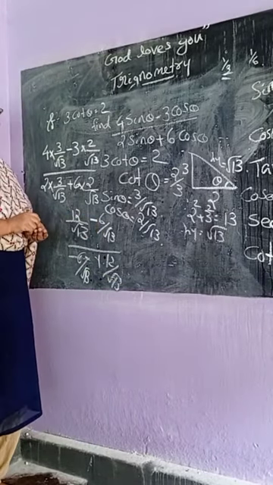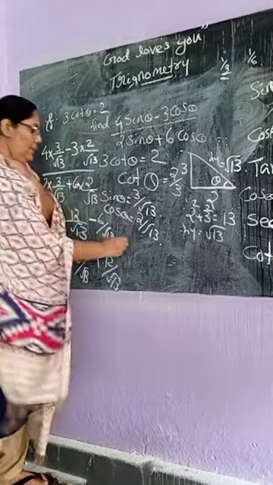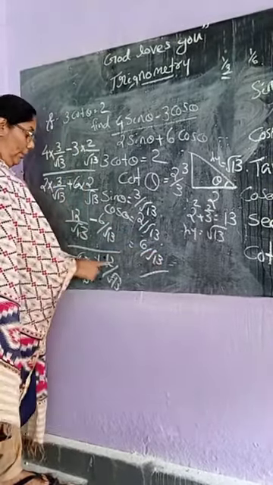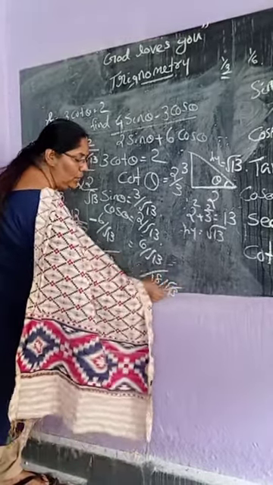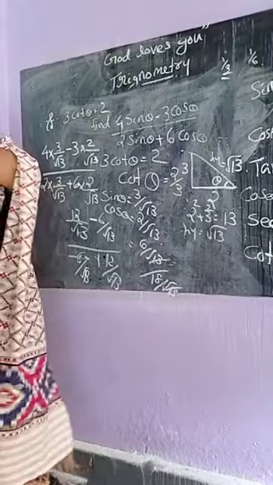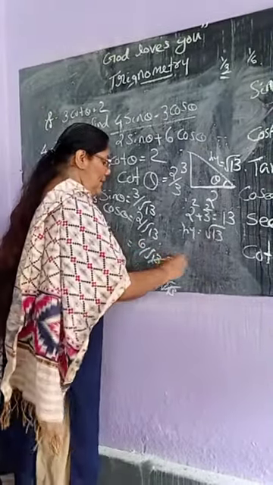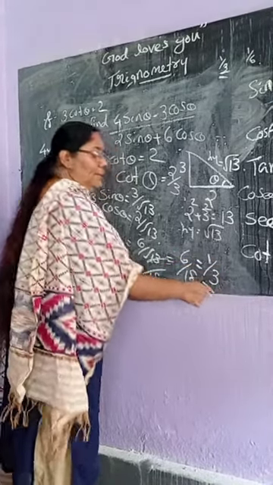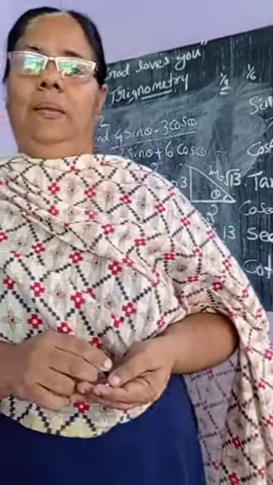Substitute in the question. What is 12 minus 6? That is 6 by root 13, by 12 plus 6, that is 18 by root 13. Root 13 cancels, then you will get 6 by 18. What is 6 by 18? That is equal to 1 by 3. Write the next question.